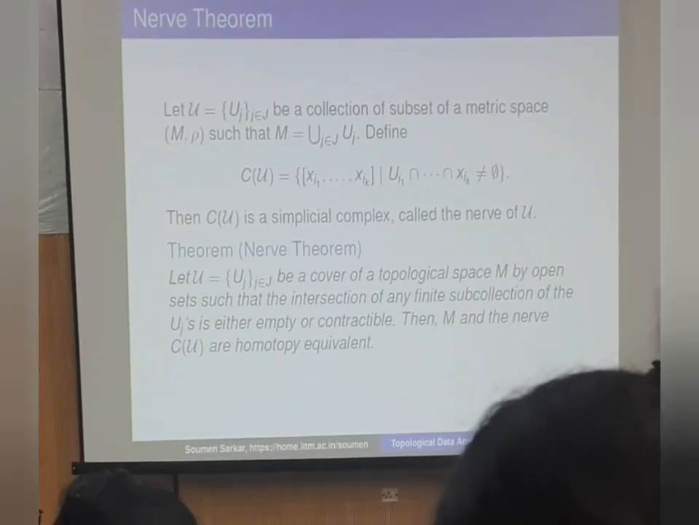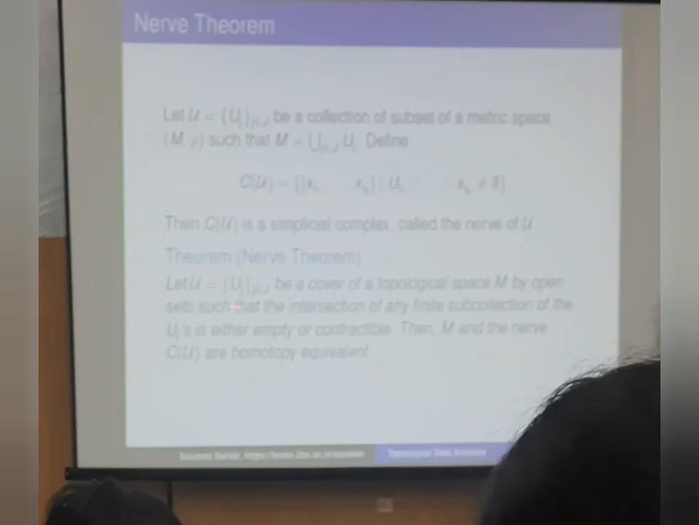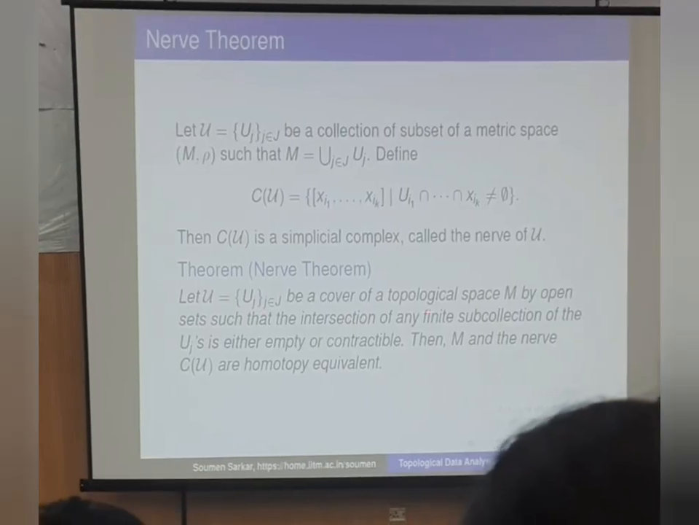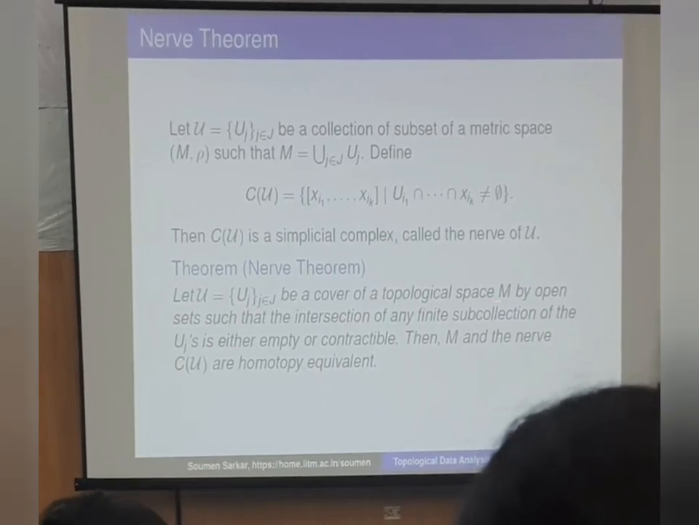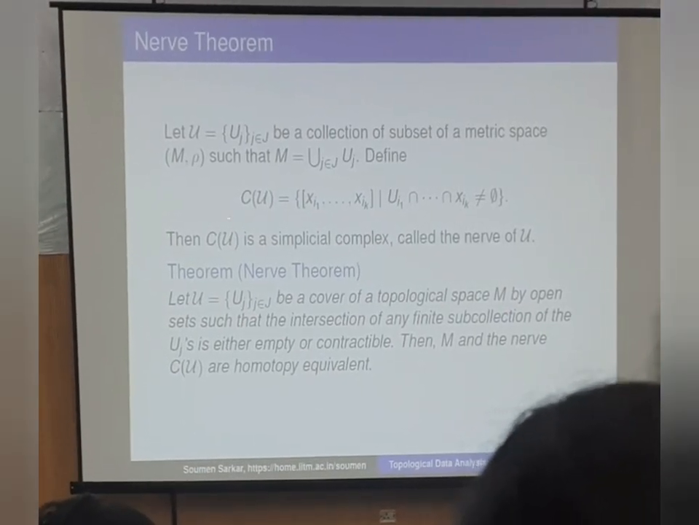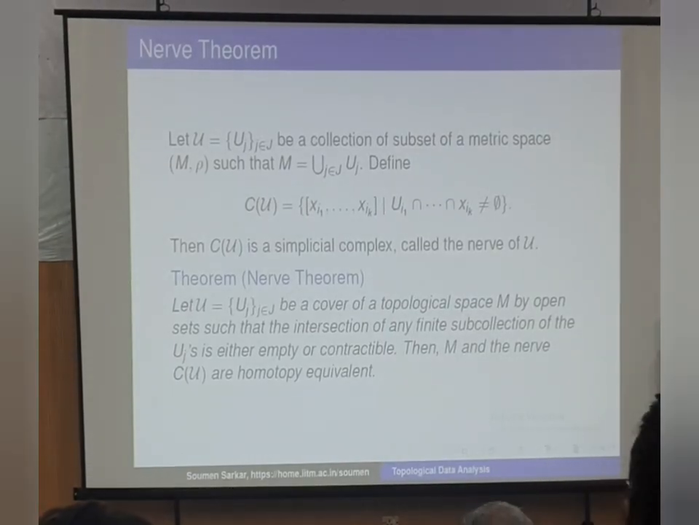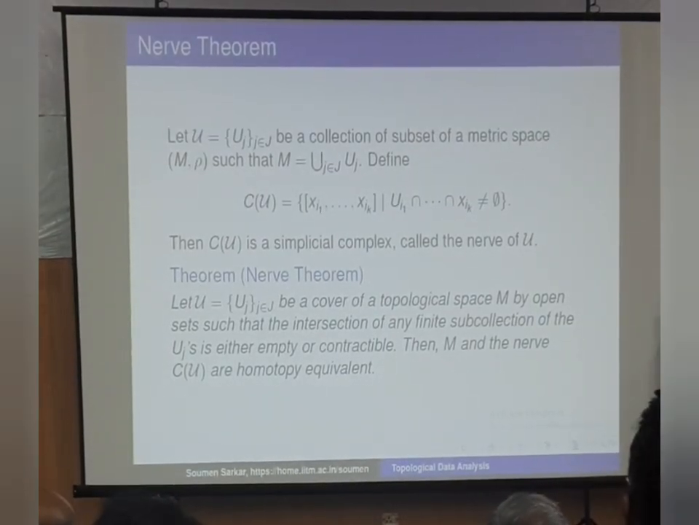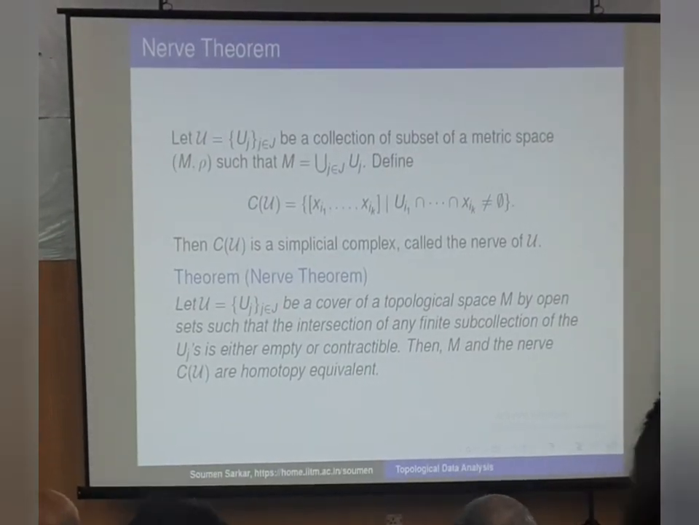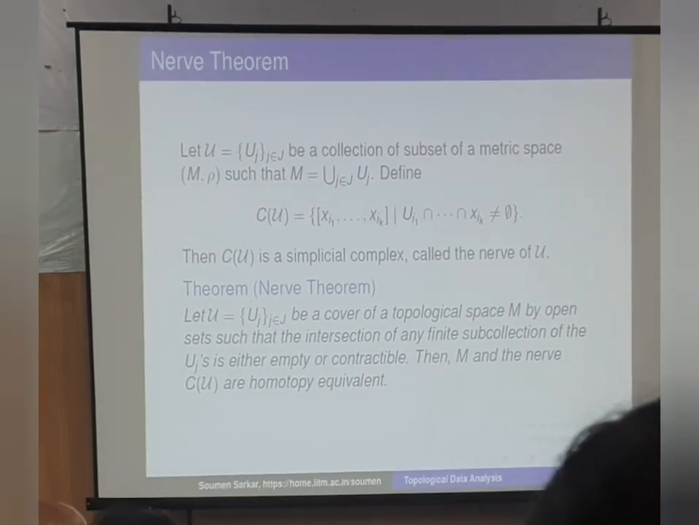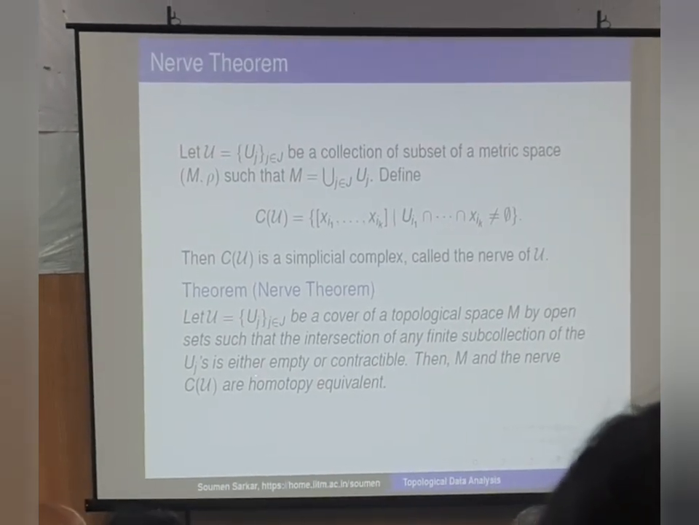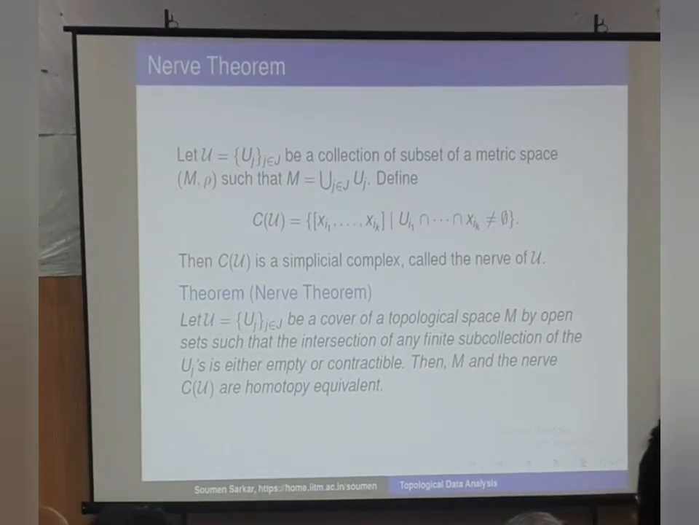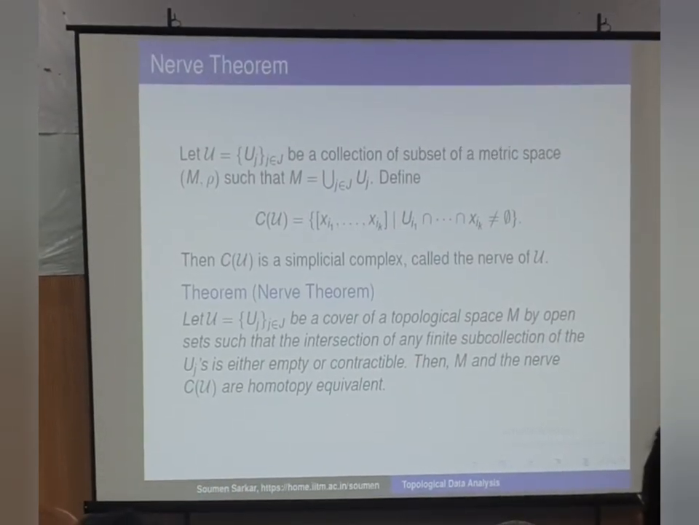That is called the nerve theorem. So if we take this collection of open subsets from this topological space, which satisfies this condition, that if we take any finite collection of open subsets from there, their intersection should be contractible. Now the concept of contractible comes: either it is empty or contractible. So like